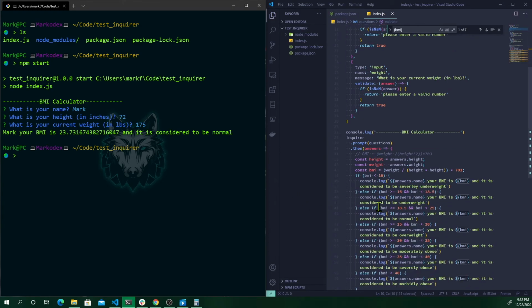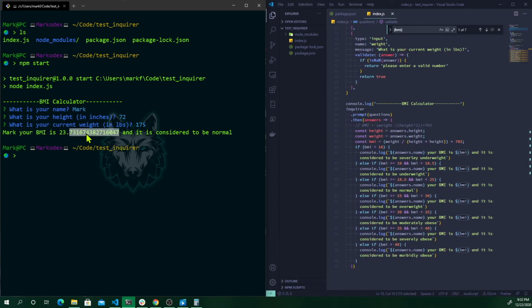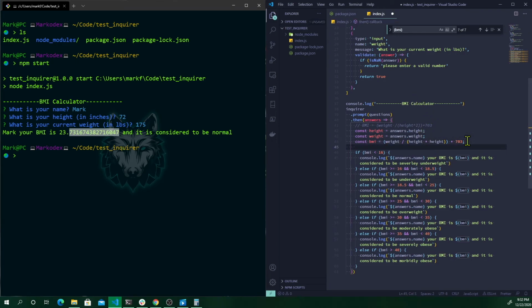It did what I need, but there is something that I didn't like. This number right here, the float, has a lot of decimals. So let's fix that pretty quick. What I need to do after I get my BMI is check if the BMI is a float, just round it, and if it is not, just return it as is. So I'm just going to create a function, and I will call it isFloat,